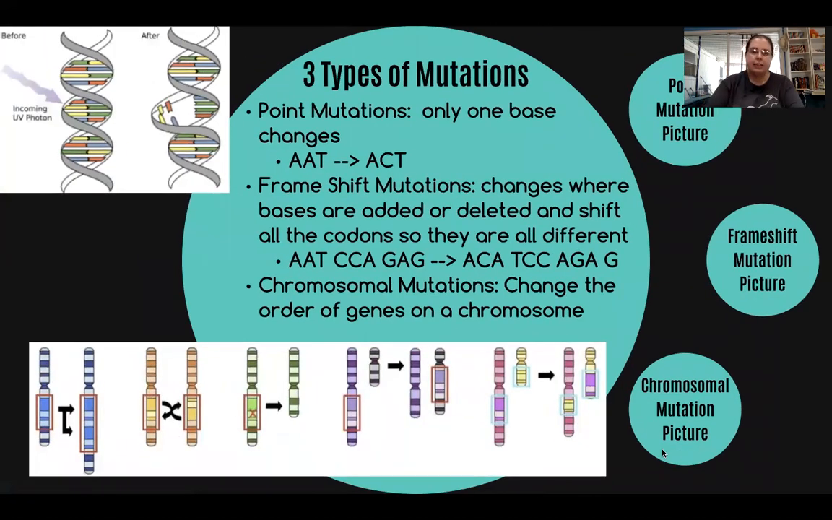And last is chromosomal mutations. So these are changes to the entire chromosome. So it's not going to affect just one gene. It can actually affect multiple genes by leading to changes in the order of the genes. So we give you some examples here. Here we duplicated the section, so that made this section twice as long, so